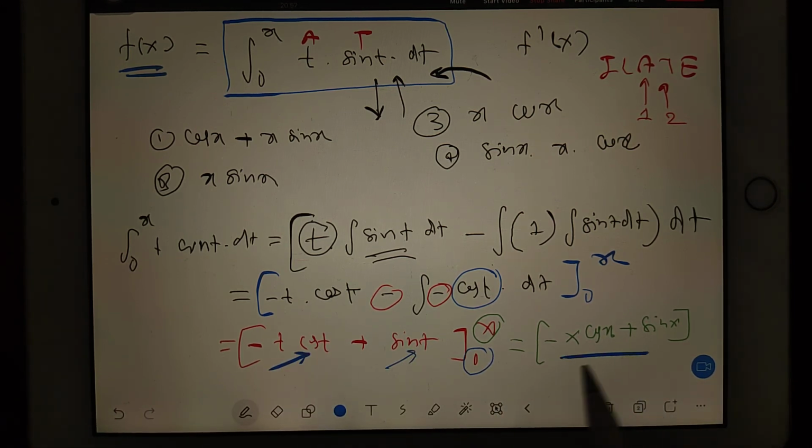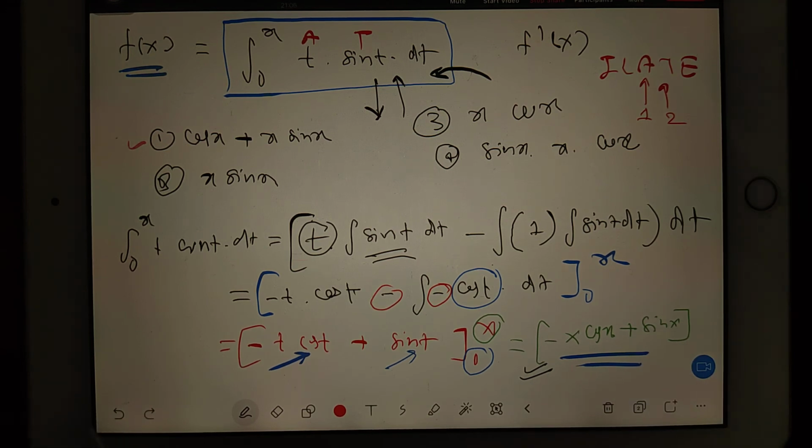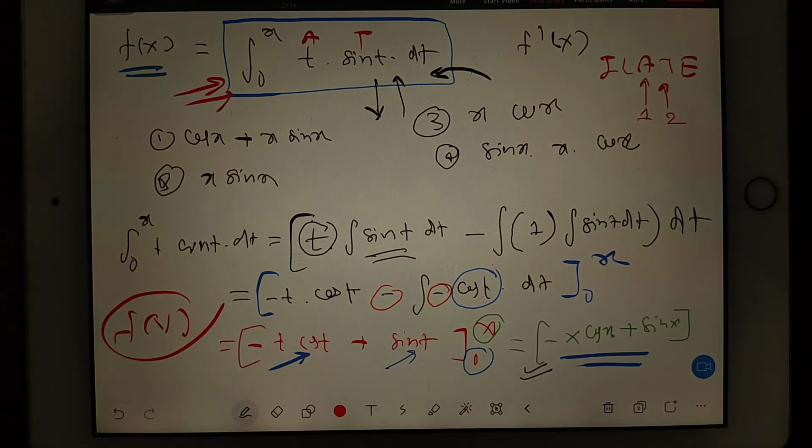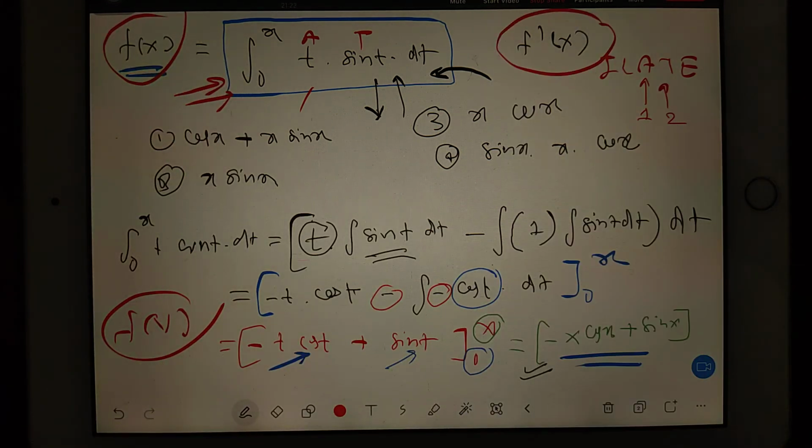It means this is our final format, but we may make some mistake when we are integrating. Now just after doing this, students will look at the options, and they will not see the correct option because no option will match. But see, they are not asking the exact f(x) value, because till now we have just got the answer after integration. It means we have got our f(x) value, but we have to find the f'(x) value. So copy this f(x) value on the next page.